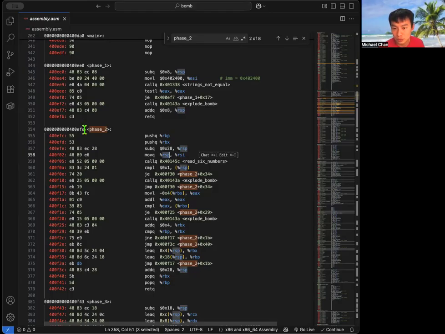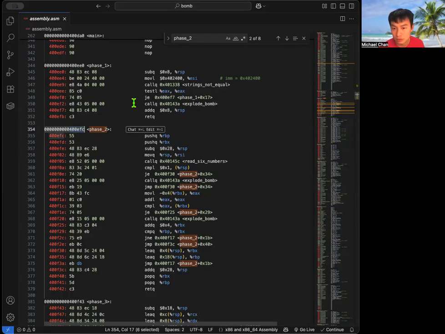So RSP will be 400 EFC, and then I will subtract 28 from this, right? Which should be 400, and then subtract